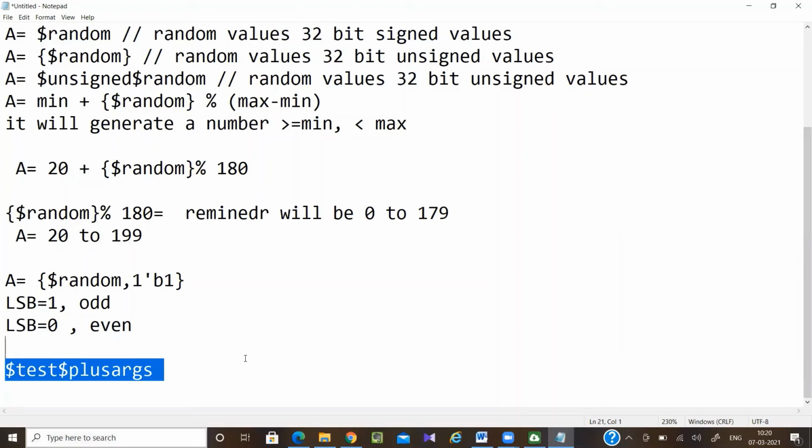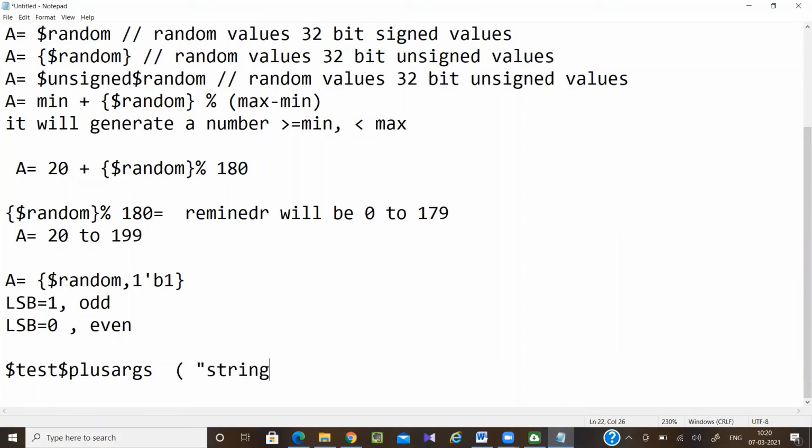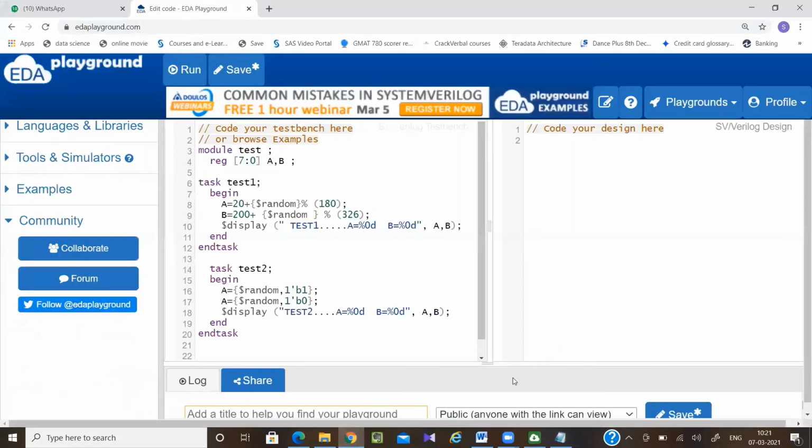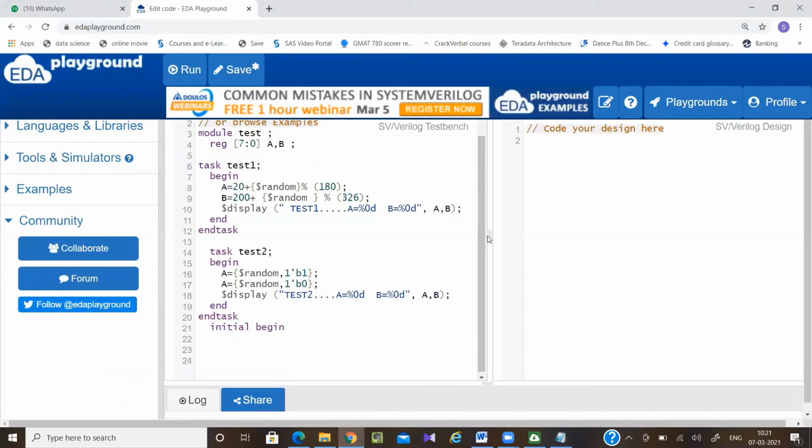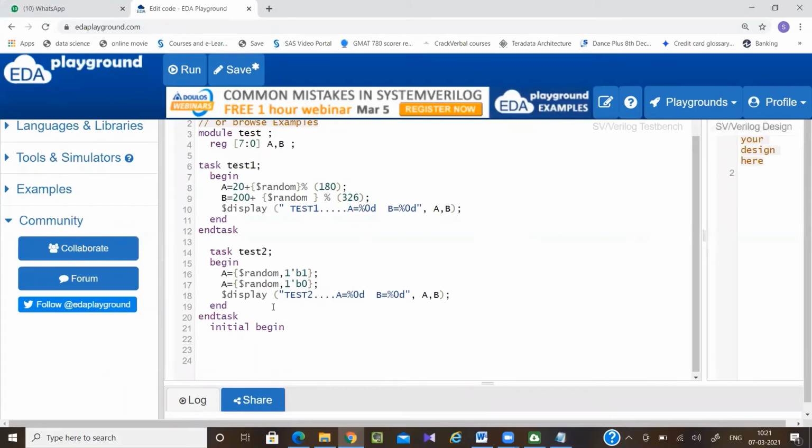Okay, so through this only, here what will happen? Here I can give any string values. Whatever string values I have given, if that same command I am passing through the run command, then it is going to call that task. Okay, see how I am writing. So here, initial begin. Have I missed any comma or anything anywhere? Okay, I can check it when I'll be checking the syntax. So initial begin